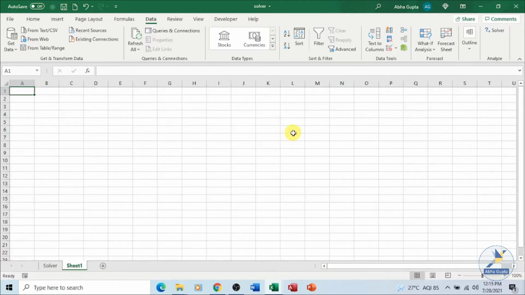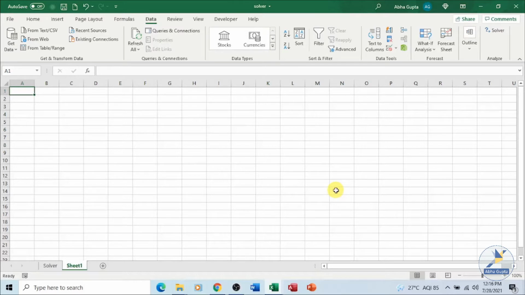I'll let you know how to activate Solver and have it on your ribbon, which is present on your Excel application. It is often said that Solver is an elaborate form of goal seek. Why? Because when we are using goal seek, you can change only one input variable to get your goal or the target. Whereas when we are using Solver, you can change multiple input variables or values. You can set limits or constraints on the cells which are present on your worksheet.